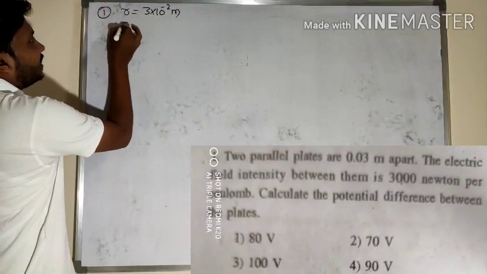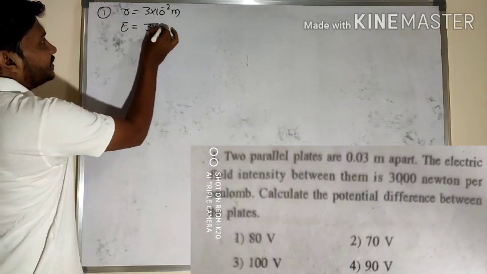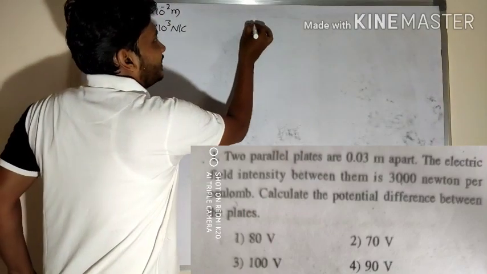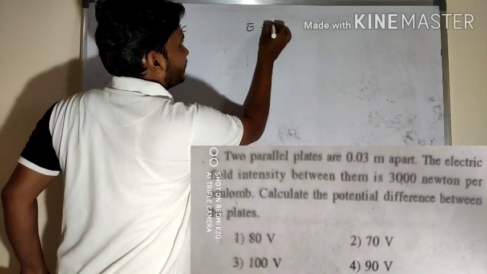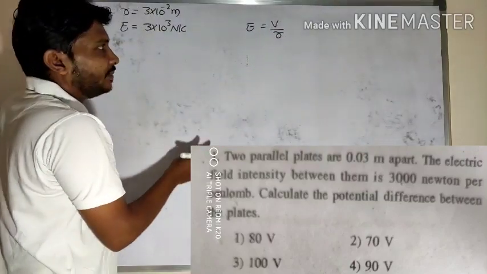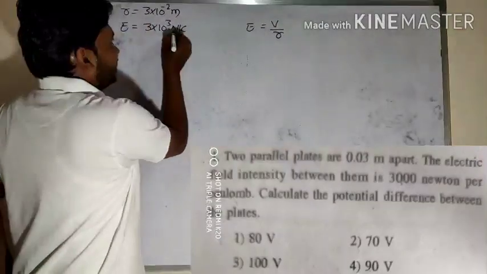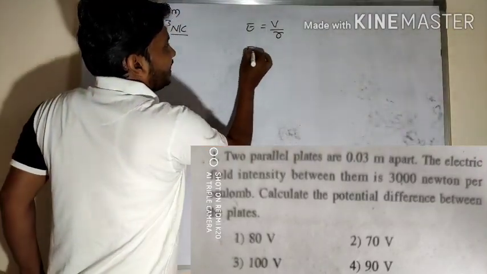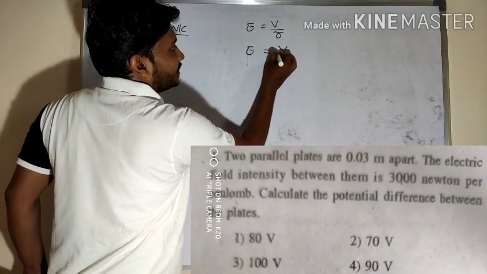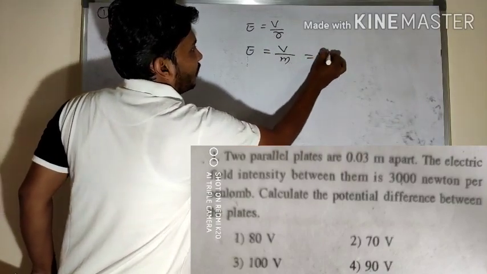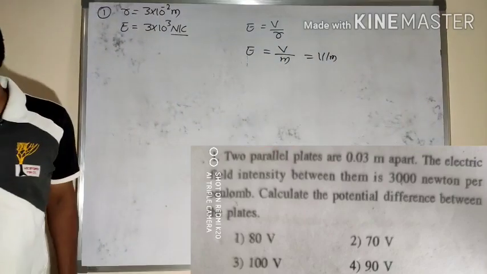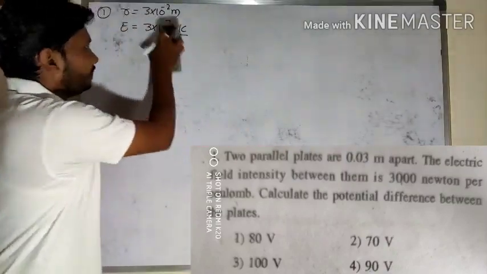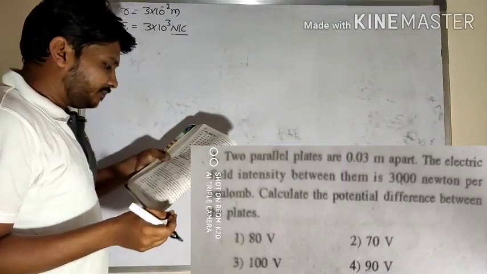So the electric field between them is 3000, that is 3 into 10 to the power of 3 Newton per Coulomb. Look here, E is equal to V by r, I said. Electric field SI unit is Newton per Coulomb as well as volt per meter. So E is equal to volt in terms of meter, volt per meter. Both SI units are possible for electric field, Newton per Coulomb or volt per meter here. So let me continue with the numerical.